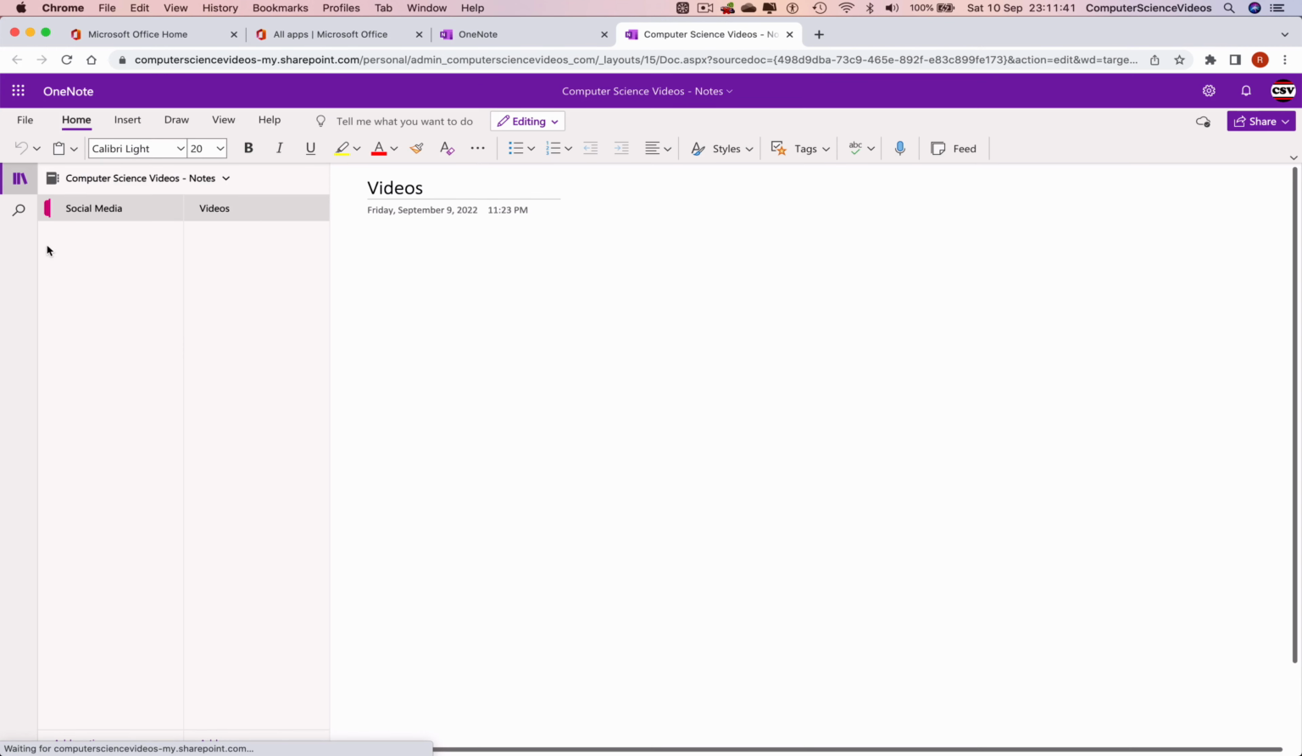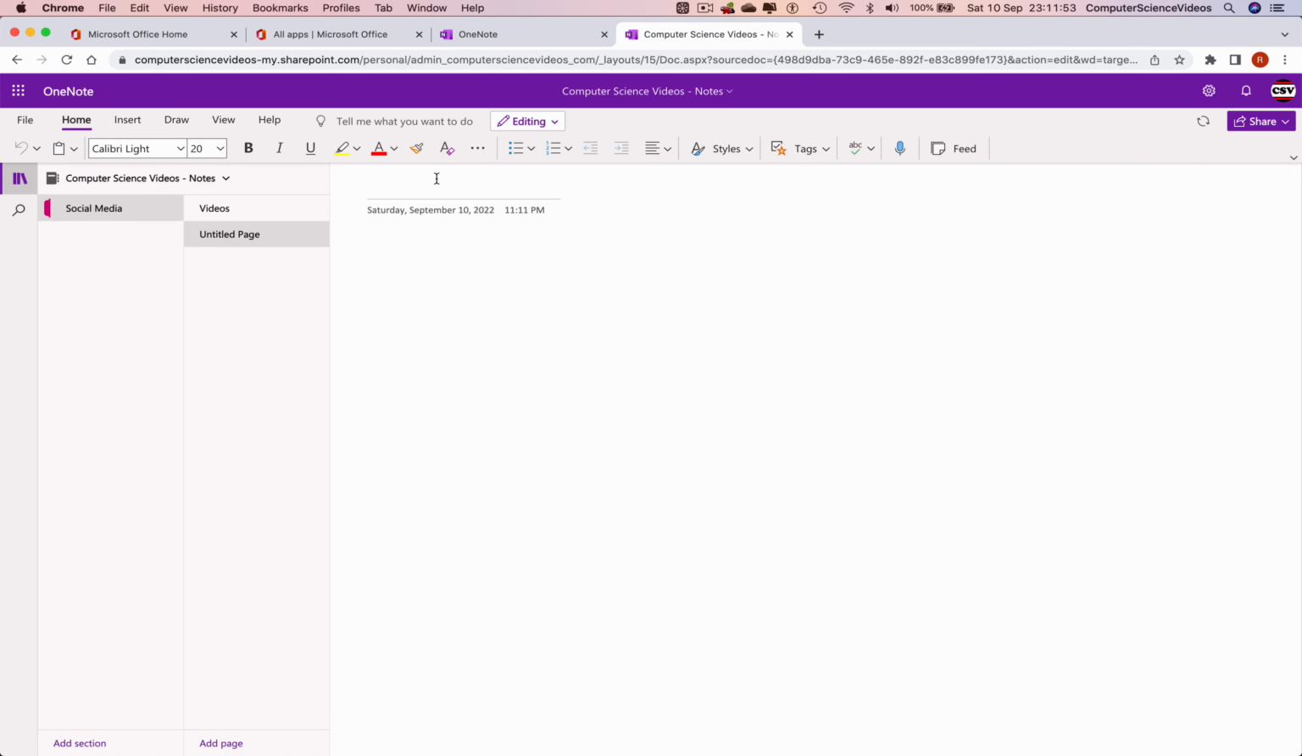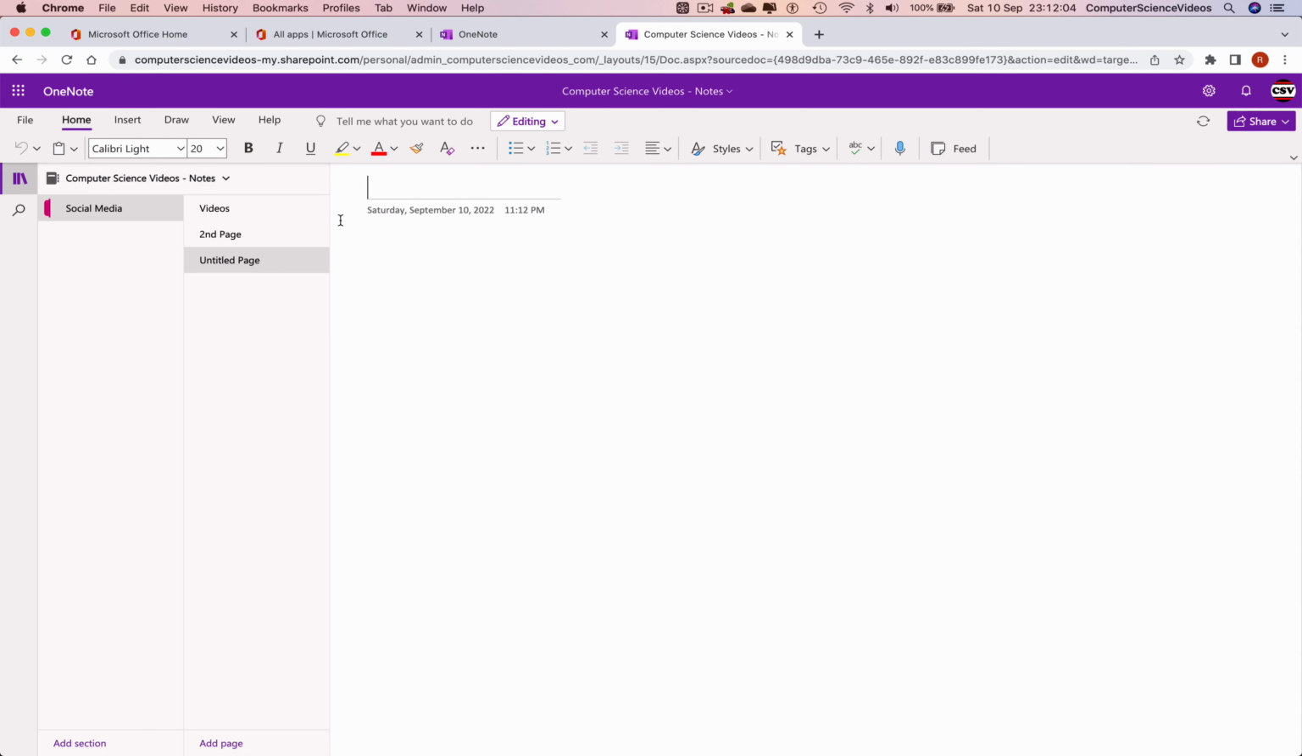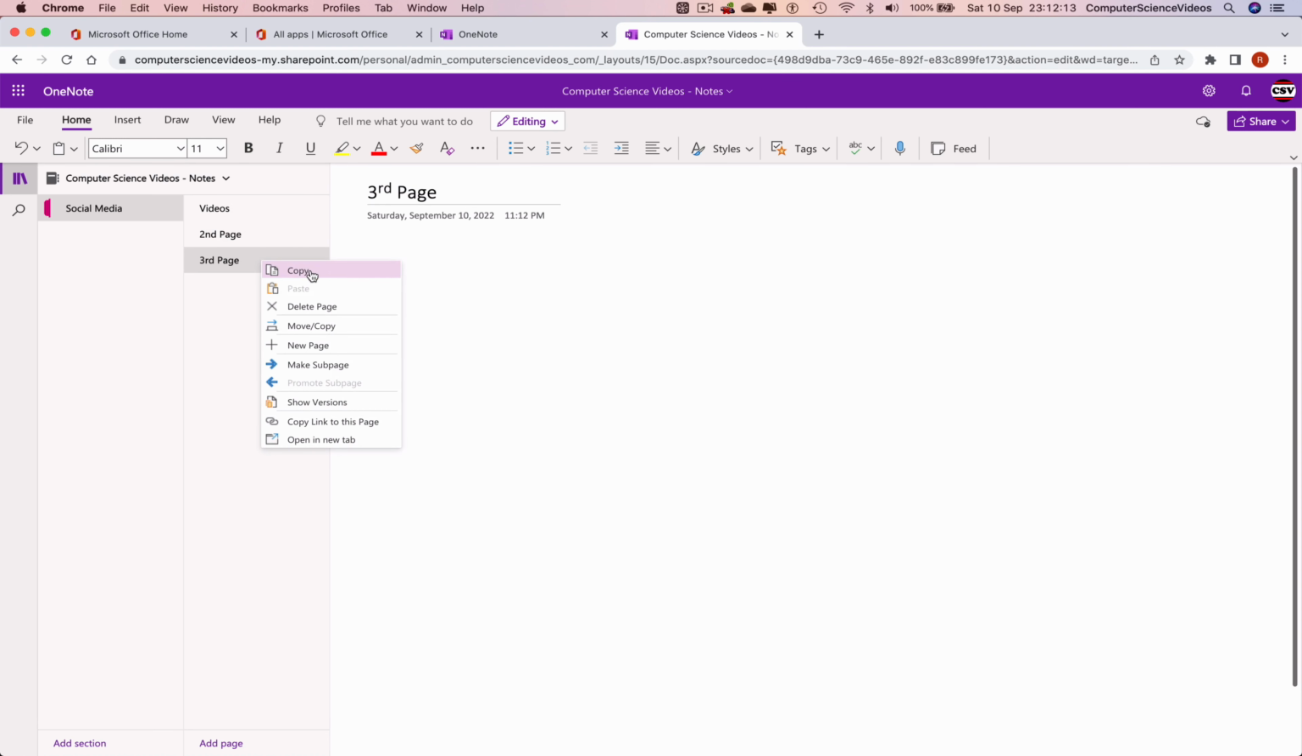And now what we can do is go to the left-hand side pane. So the second pane, where we have videos as part of the pages, we can go to add page, and this will be the second page. Or what we can do is go within the pages, right click, click on a new page, rename this as the third page,